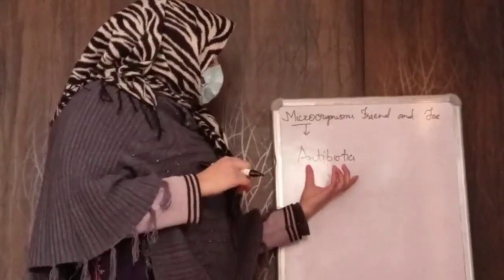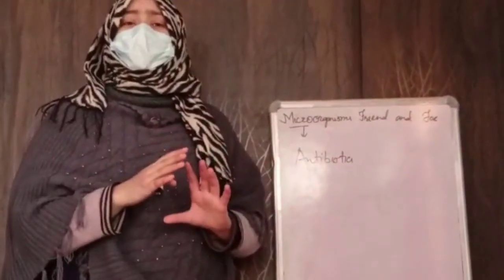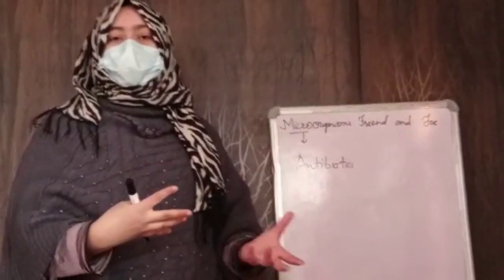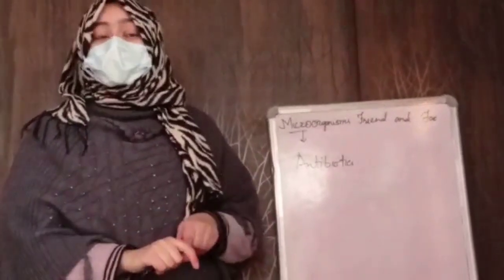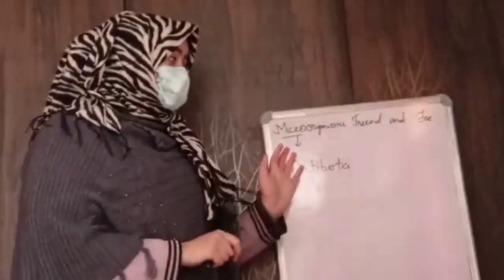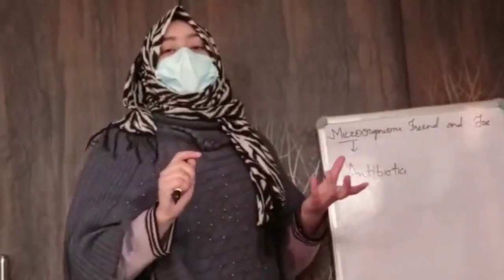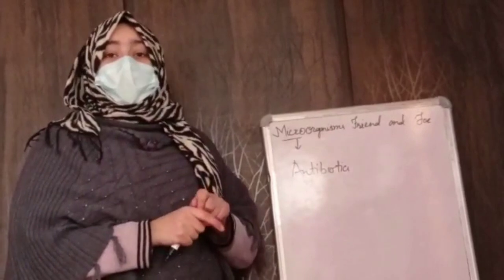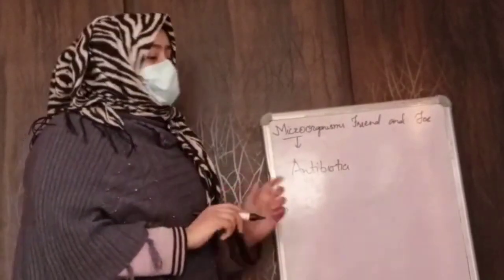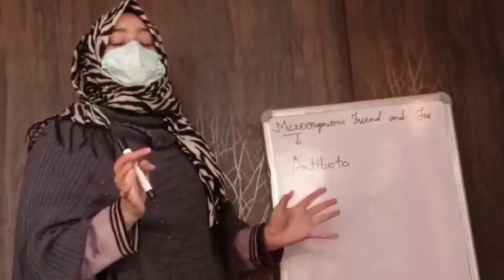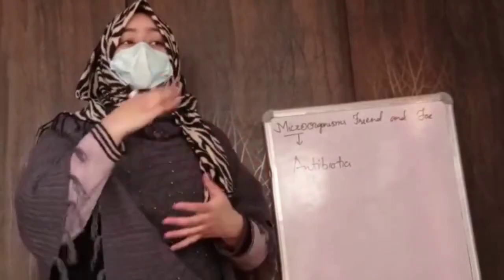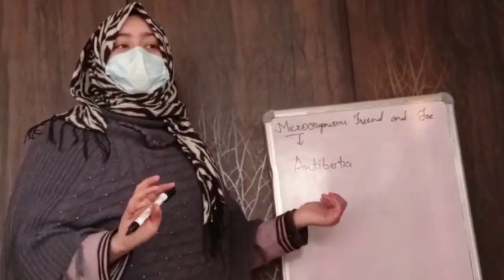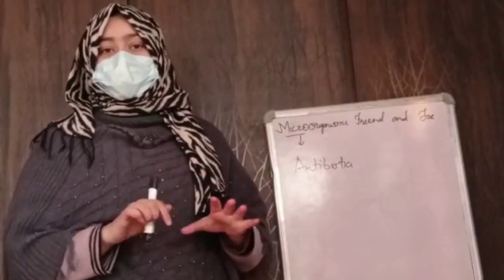The first person to discover antibiotics was Alexander Fleming. In 1929, he discovered the first antibiotic, which was penicillin. There are also many other antibiotics, such as amoxicillin. And there is another thing, antibodies. Antibodies are present in our body, while antibiotics are what we take inside our body.